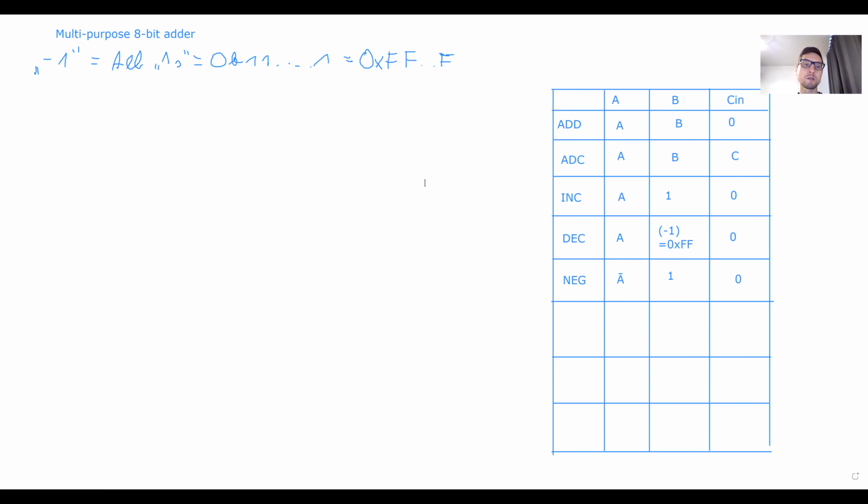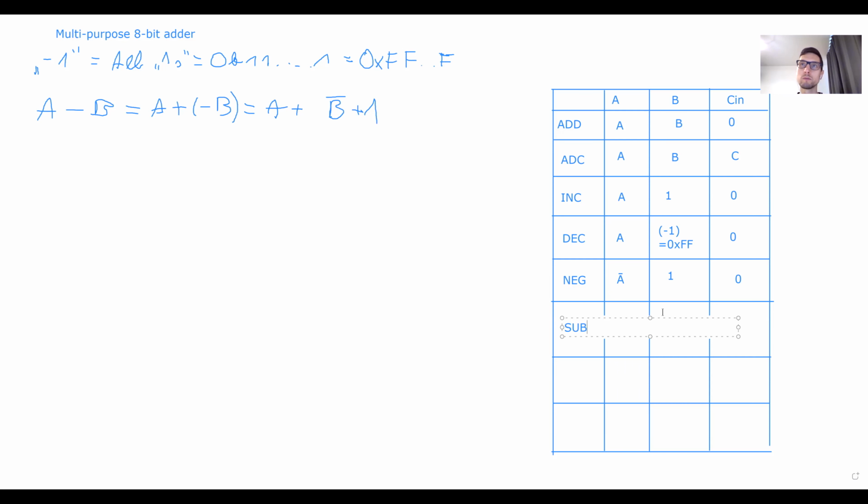And the next thing is subtract. So now we get to the real deal. How do we use 8-bit adders to subtract numbers? Let's see. How much is A minus B? So A minus B is equal to A plus (minus B), which is equal to A plus, and minus B is B with all bits inverted plus 1, right? So what we can do is